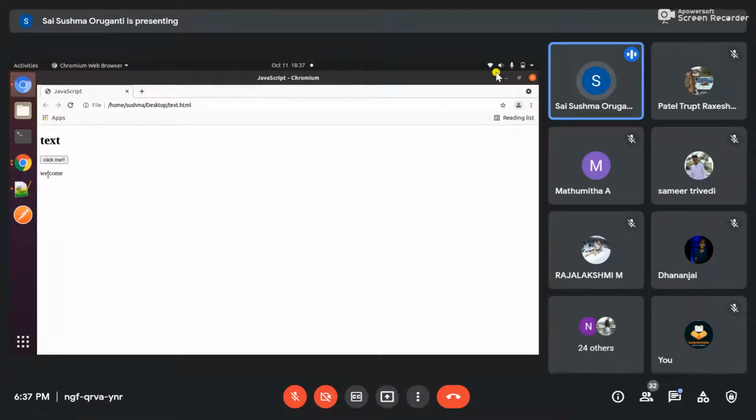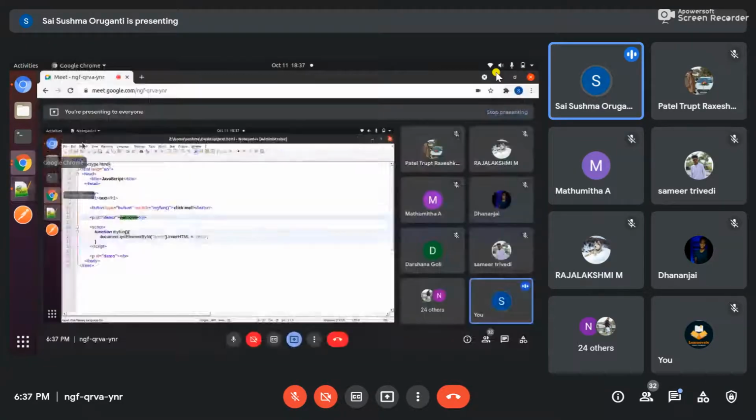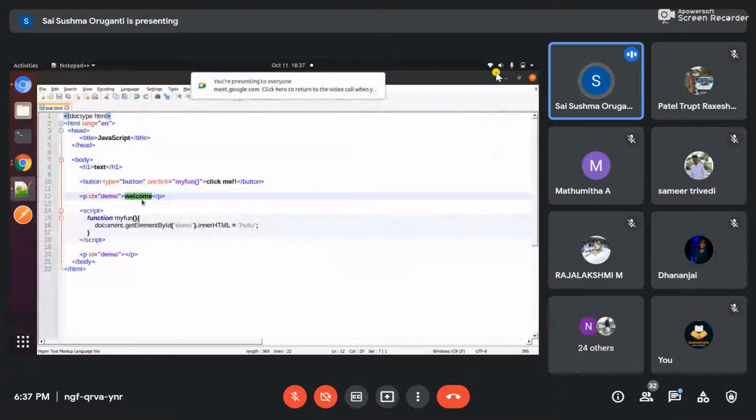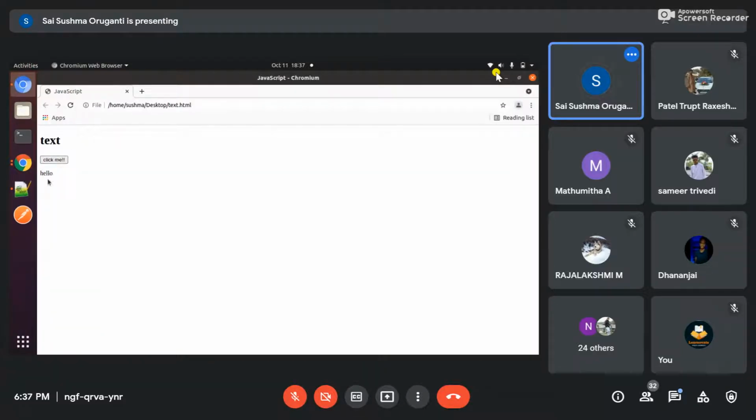See, here welcome is already displayed because in the paragraph we have written welcome. But when we click on this button, this function has to be called and the p element has to be changed to hello. See, it has been changed from welcome to hello, right?